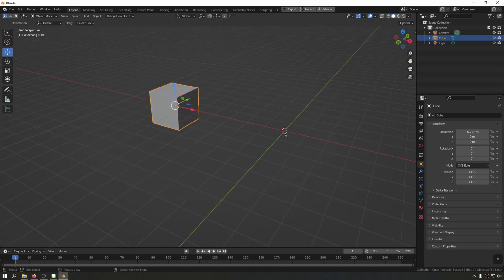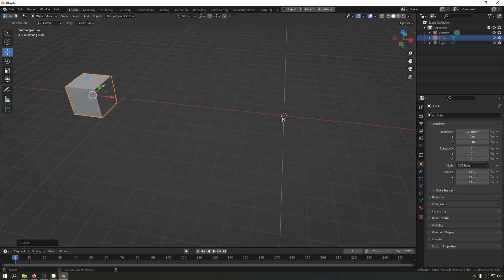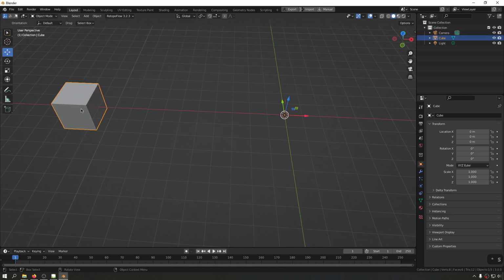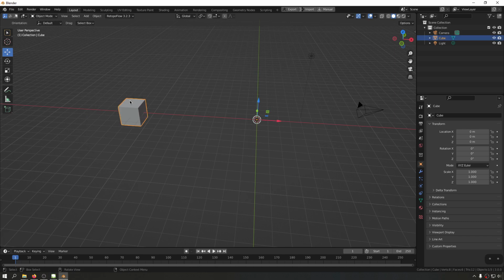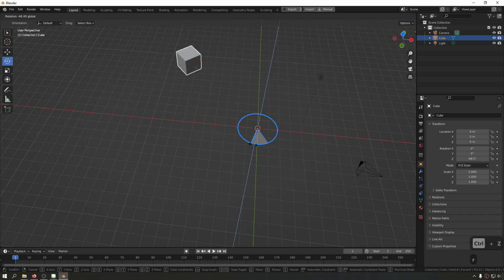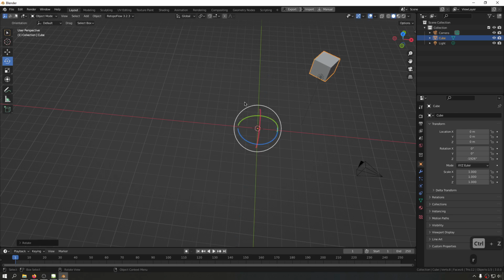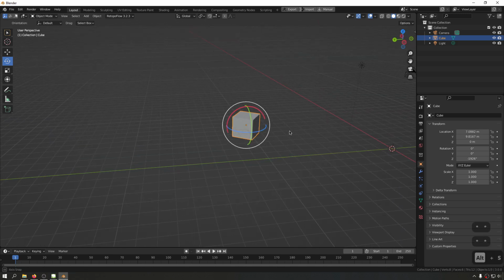But if I offset the pivot to the world origin, for example, just like the tree that we created in SpeedTree, let me make the pivot go to origin. You see now the pivot is in here, and if I want to manipulate this cube in here, I have to manipulate it from here. And if I want to rotate, it's going to rotate around the circle, and it's the circle that we had in the SpeedTree. So a lot of the times you want the pivot to be right in the center, or